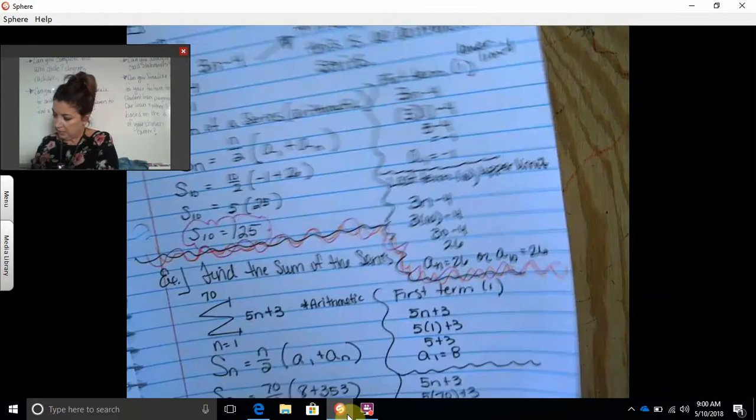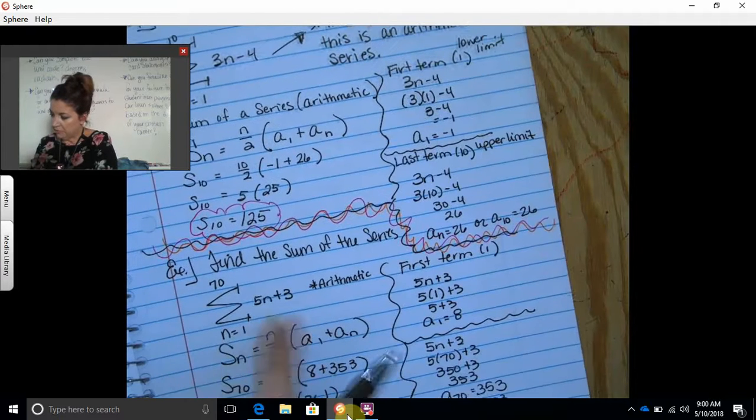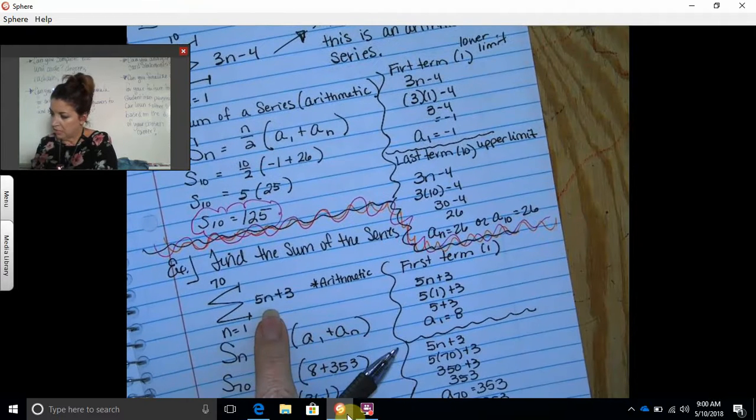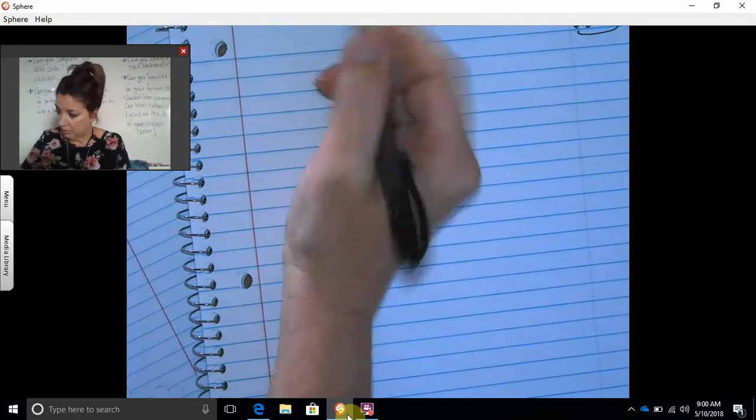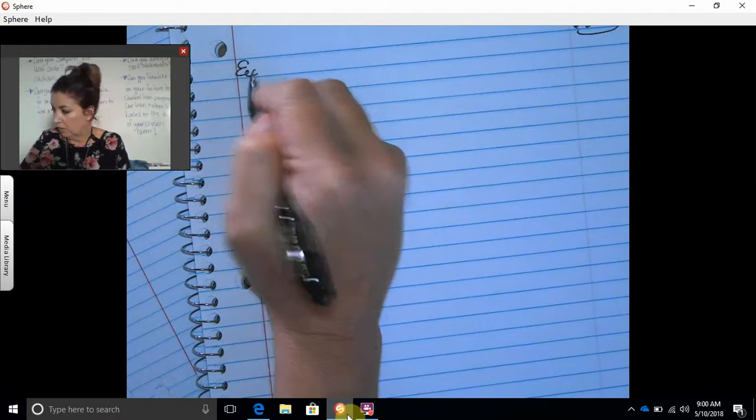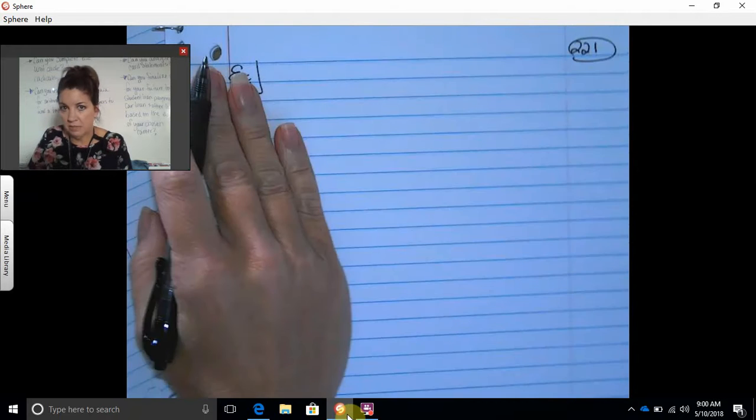So we're going to do another example of summation notation for arithmetic summation notation. Two more examples actually, just to make sure I'm not repeating. The last one we did was the sum of 5n plus 3 for the values of n from 1 to 70. Alright, so we're going to find the sum of the series